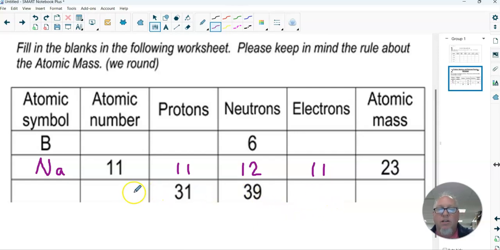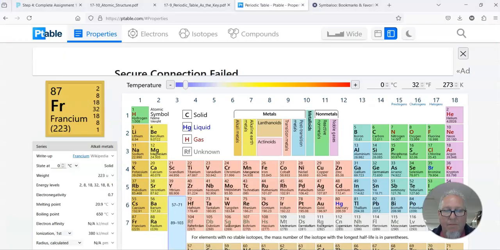So let's take a look at the next one on that homework assignment. This is something that has 31 protons. So if it has 31 protons, right away I know it has 31 electrons, because the number of protons and the number of electrons always has to be equal. I also know the atomic number, because the atomic number has to be the same as the number of protons and the number of electrons. So I would go to ptable.com, find element 31, looks like it's gallium,